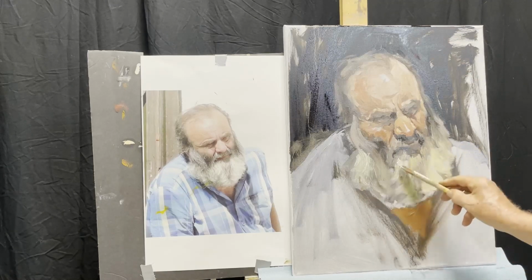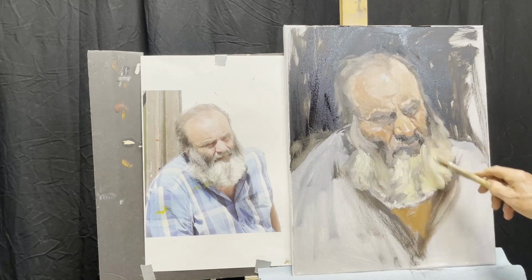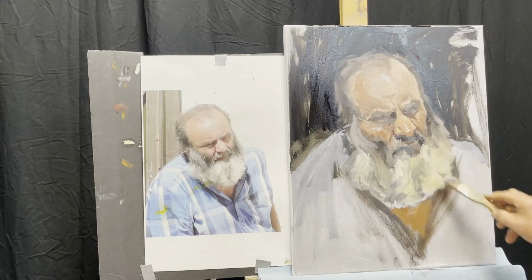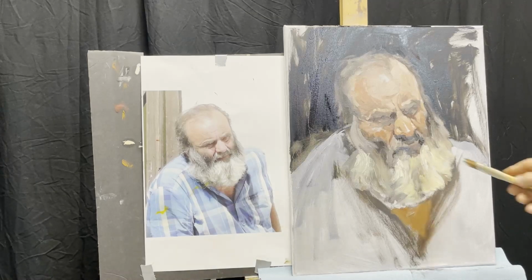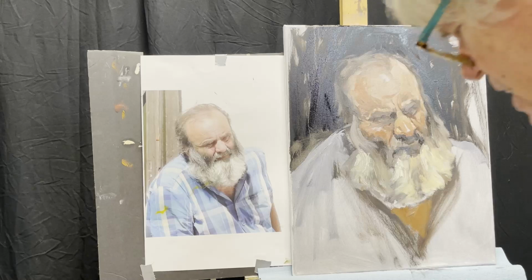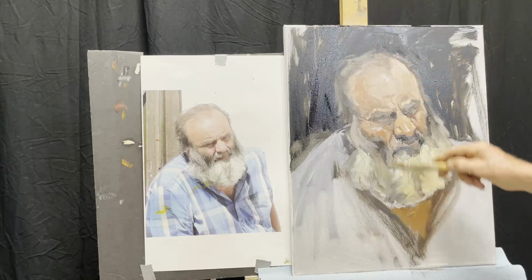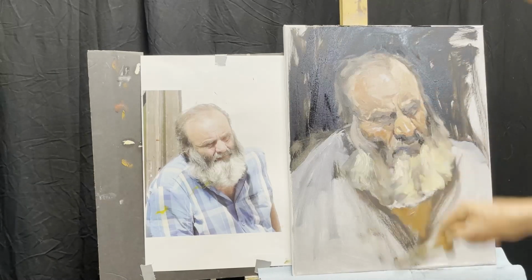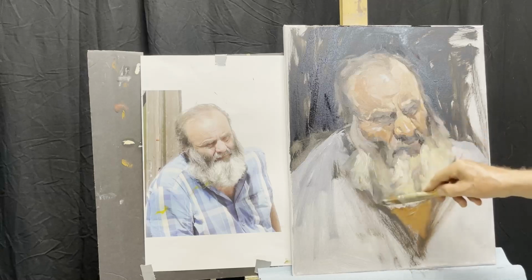So I'm probably pushing too fast here. I'm just saying that because I'm beginning to feel like I'm going too much towards finish too soon. But I'm going to hold back right now. Try and get this bottom working a little bit better. I'm not crazy about the way it's setting up. So I'm going to take the black, the red, keep pretty dark, and start to move it back into the beard so I almost can't tell where the beard stops and the